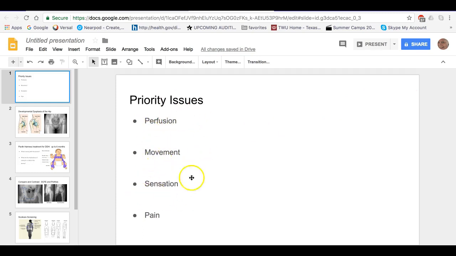Perfusion, movement, sensation, and pain. And that's going to be prevalent across all of these disorders that we're going to talk about. So those are the things that I really need you to pay very close attention to, no matter what we're talking about. When you put all of these three things right here together, perfusion, movement, and sensation, we call that